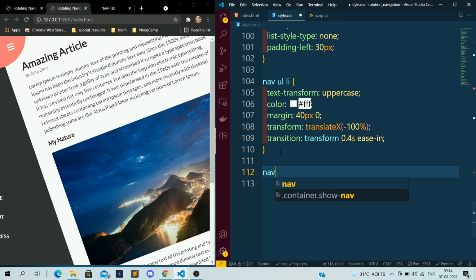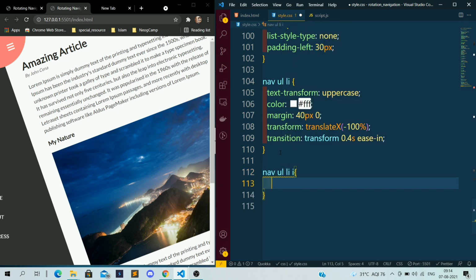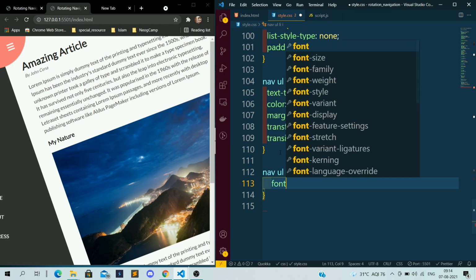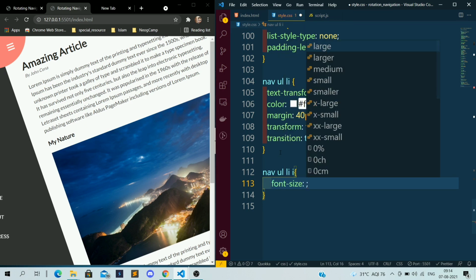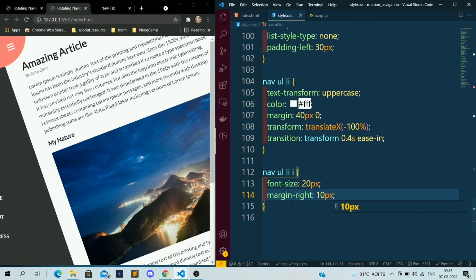Now I want to apply the CSS for the icon that we have. I want to give the font size of 20 pixel, so now it will be somewhat bigger, and apply the margin right of 10 pixel. So that's it for the LI.